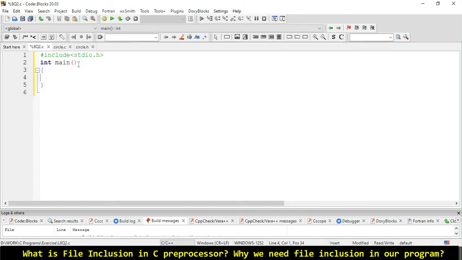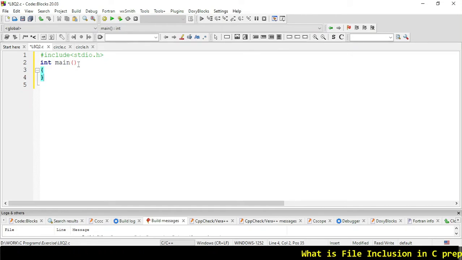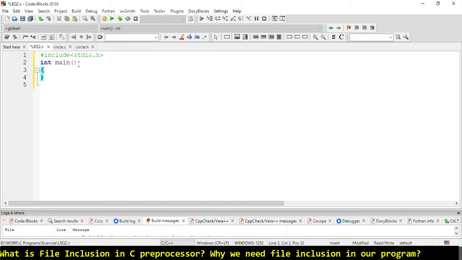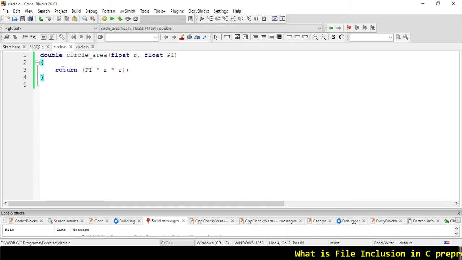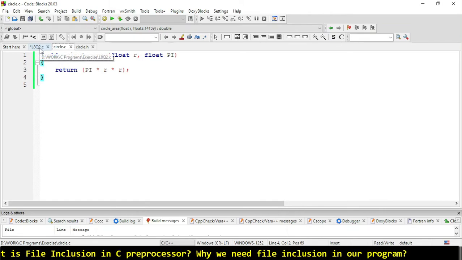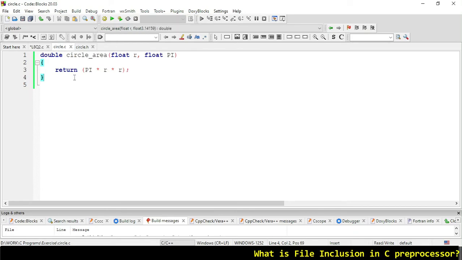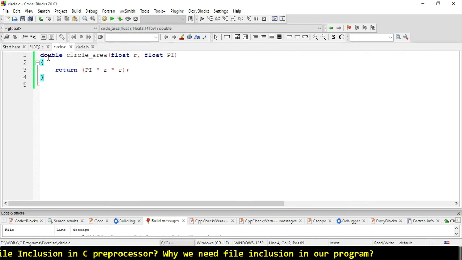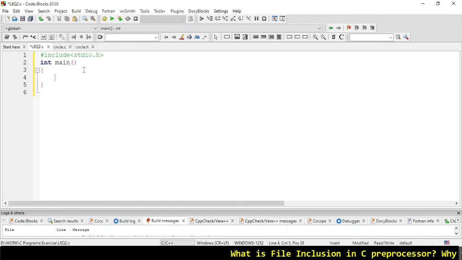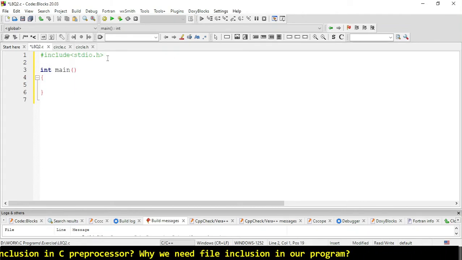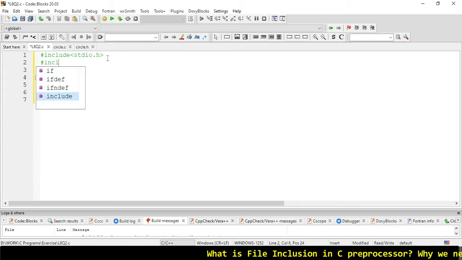We don't need main in circle itself, because we are copying the content of circle.c and circle.h. Otherwise main would be replicated two times.